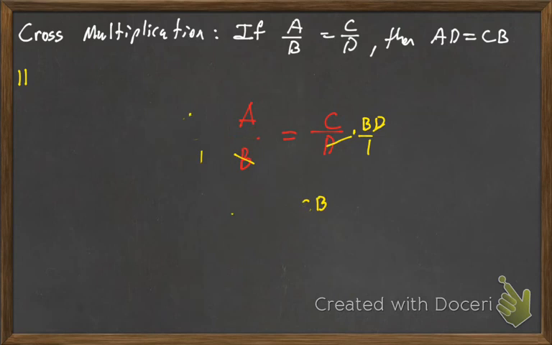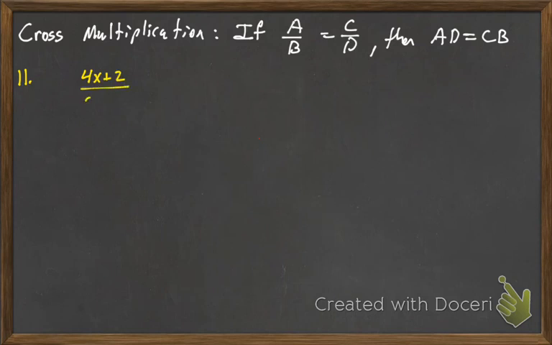Okay, now number 11, I usually have a problem like this on the first test. You do have, I think, 1 or 2 of them in the homework, at least 2, excuse me. And we're going to use cross multiplication on it. So what we got going on is 4x plus 2 over 5x plus 9, and that's going to be equal to 4x plus 8 over